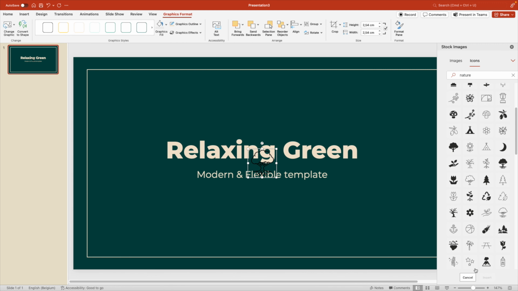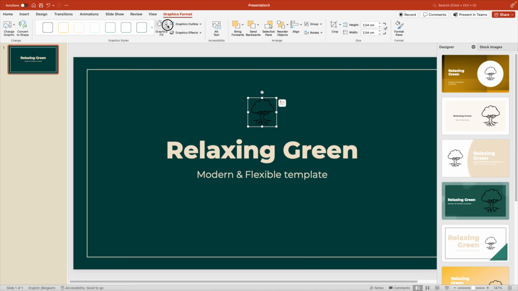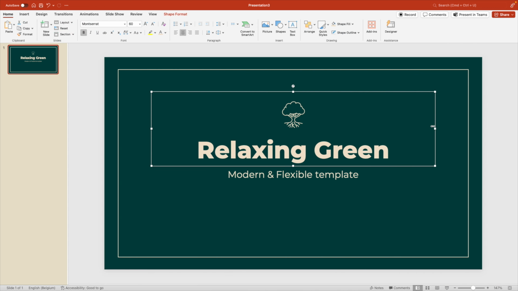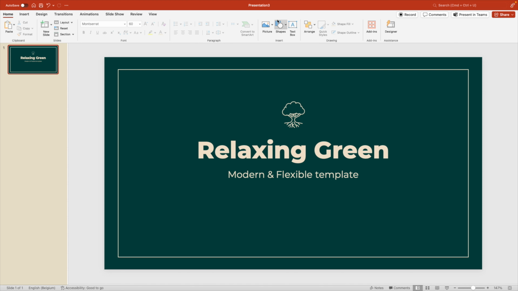And let's go for a tree. I think that fits the theme. Graphics fill, and give it the same light color. That already looks quite nice, but if you want some extra elements at the bottom, you can always go to